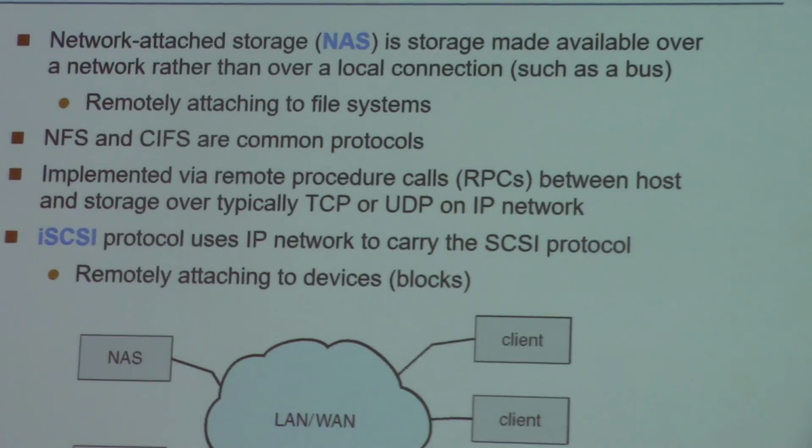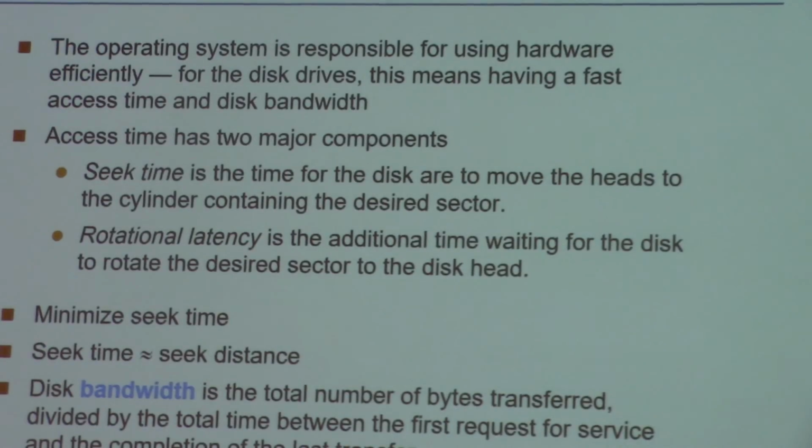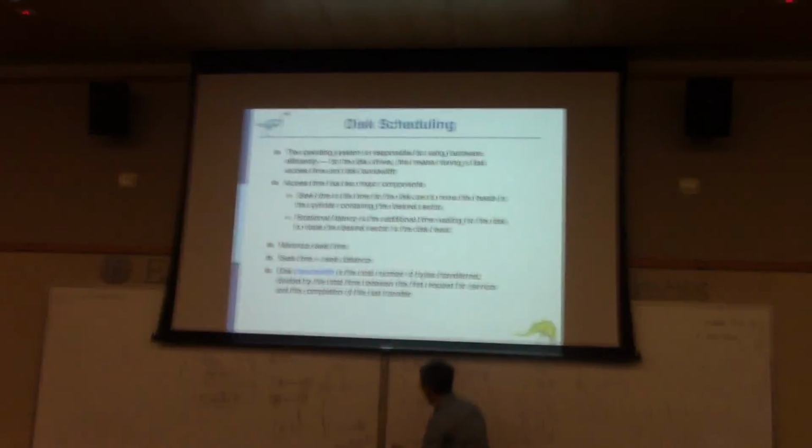At that time, we need a specific device. It's a NAS. So these two approaches, the storage area network and NAS, are the two popular storage architectures used in practice. Next class, we will talk about what we missed,